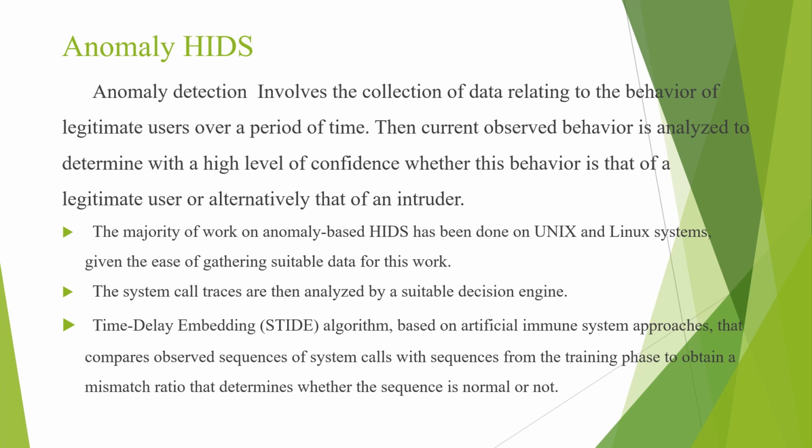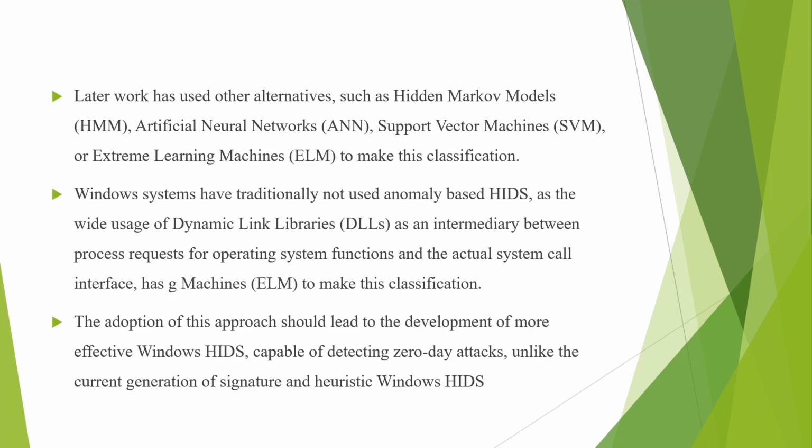Next, the time delay embedding algorithm, based on artificial immune system approaches, compares observed sequences of system calls with sequences from the training phase to obtain a mismatch ratio that determines whether the sequence is normal or not. Later work has used other alternatives such as hidden Markov models, artificial neural networks, support vector machines, extreme learning machines